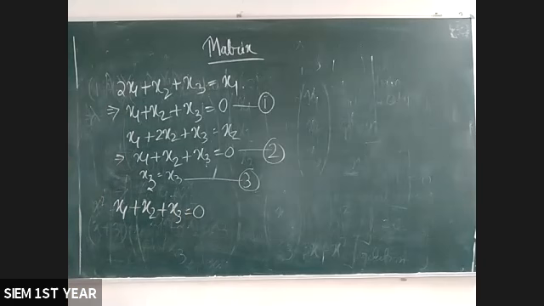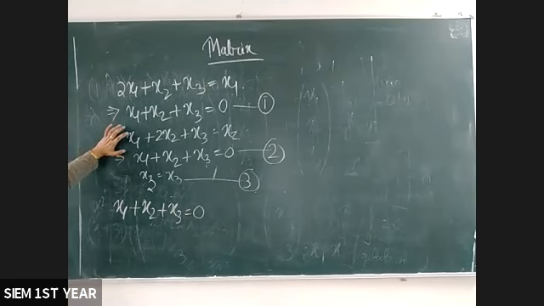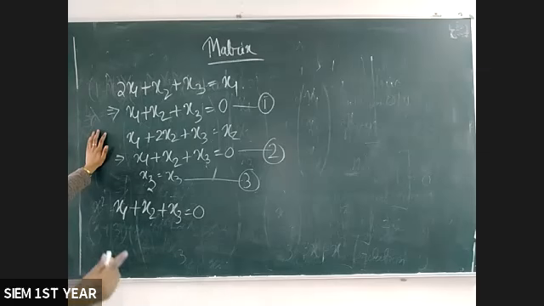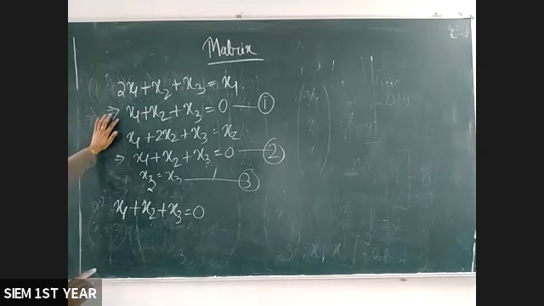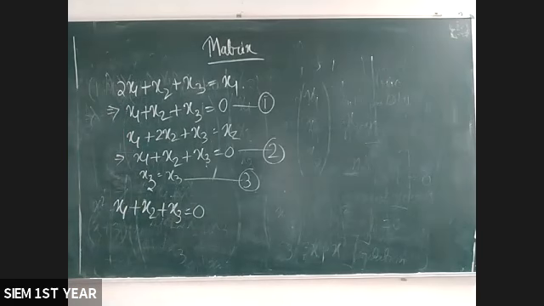I repeat, you will get three equations for a 3 by 3 matrix. If the three equations are completely different, then you can easily find the values of x1, x2, x3. Since you already know that to find three unknowns, you need three equations. If you have to find two unknowns, then you need two equations. But here, the third equation is not useful. The first and second equations are the same. So we only get one equation, and from this we cannot directly solve this problem.